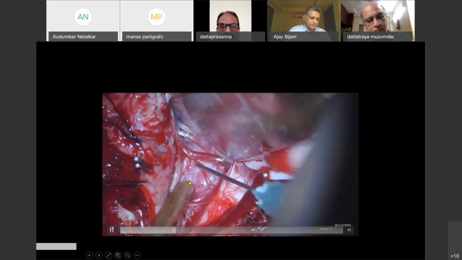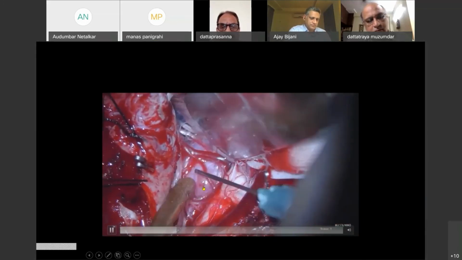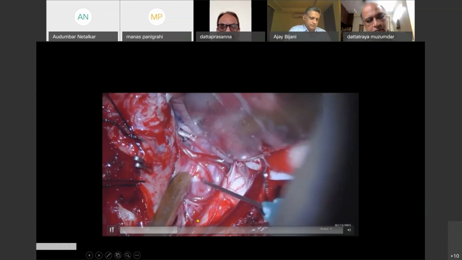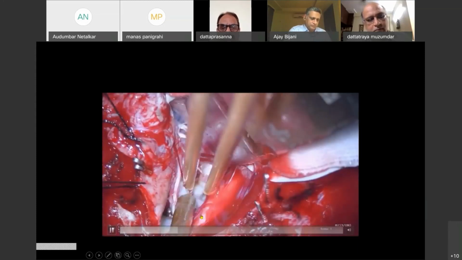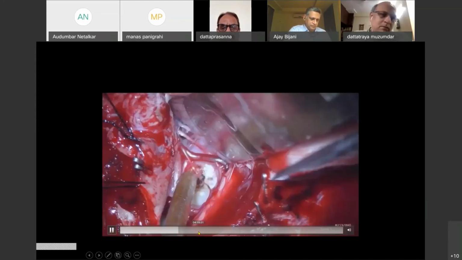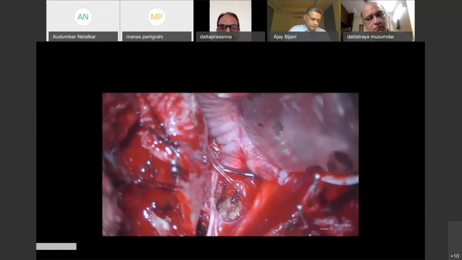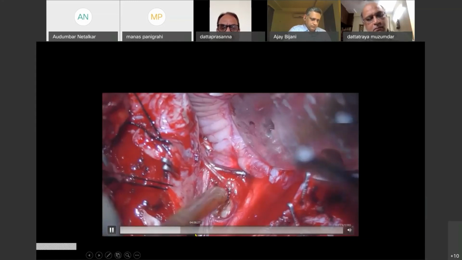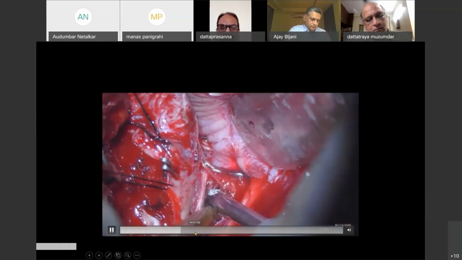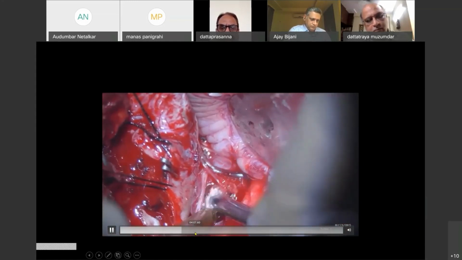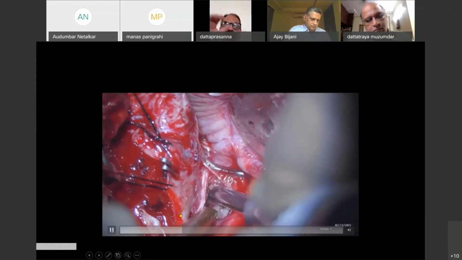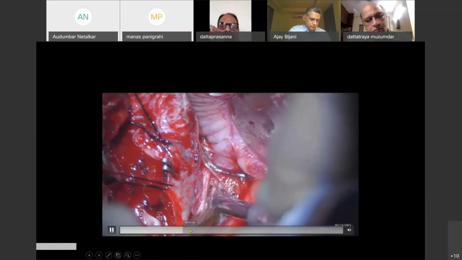A plane between the vertebral artery and the tumor was dissected. It was a very vascular tumor, so we used a thulium laser. Decompression was done, but it was very vascular.